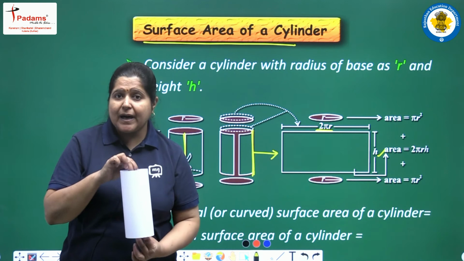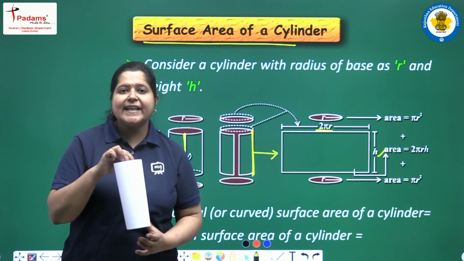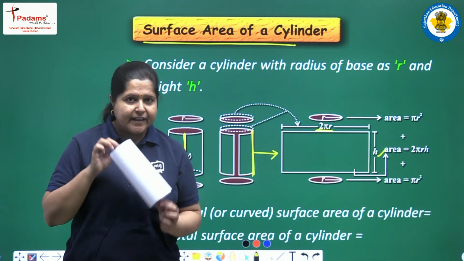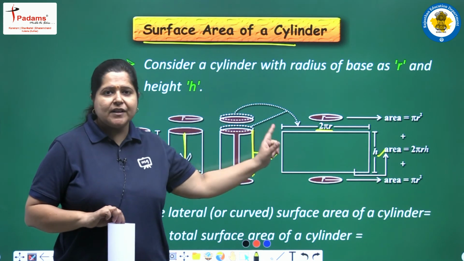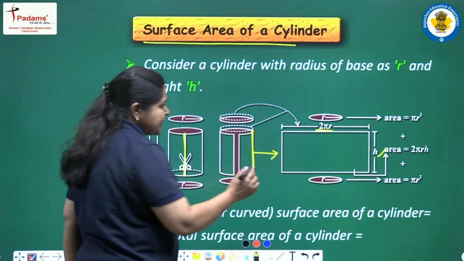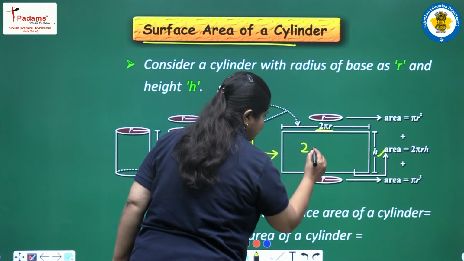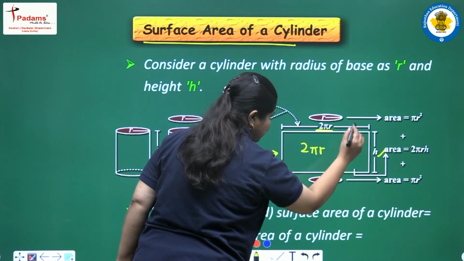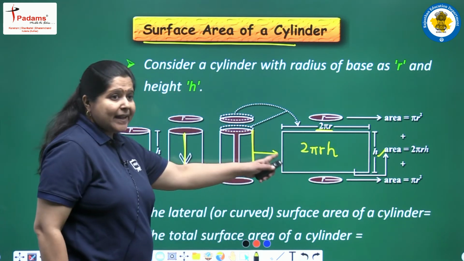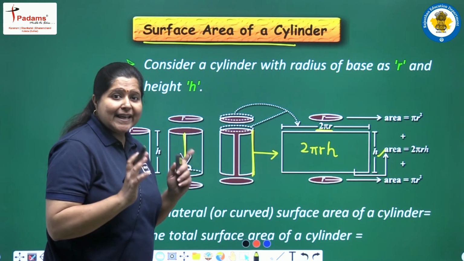When we consider the areas of the top and bottom faces along with this curved part, then we will say total surface area of the cylinder. Right now we are talking about the curved surface area of the cylinder. I hope it's clear. Now what will be the area of this rectangular part? It will be length into breadth. The length is taken as 2 pi r and the breadth here is denoted by h. So the area of this rectangle will be 2 pi r h, and this rectangle indicates the curved surface area